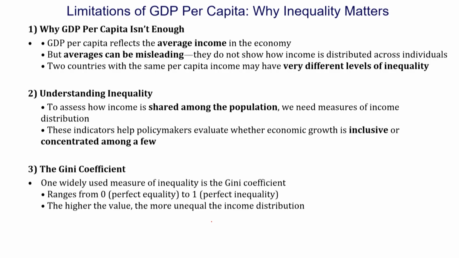It tells us how unequal a society is, with values closer to 1 indicating inequality. You can see here that the Gini coefficient ranges from 0 to 1. When the estimated Gini coefficient is 0, that means perfect equality. Everyone's income is around the average. And 1 means perfect inequality, that means the income is completely skewed, mostly among the rich people. Only a few, and most people have income much lower than the average. So the higher the value, the more unequal the income distribution.